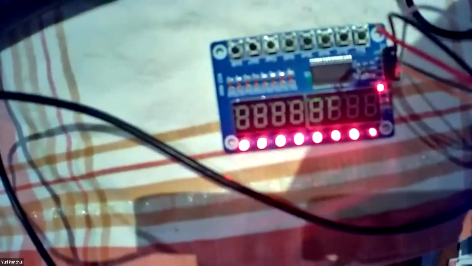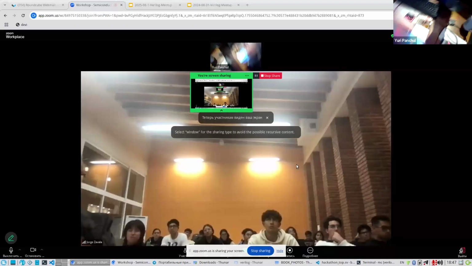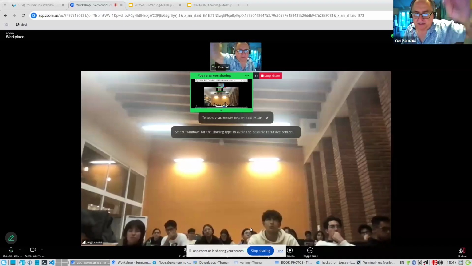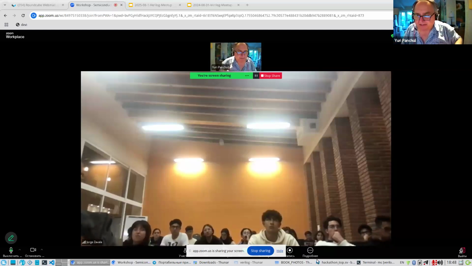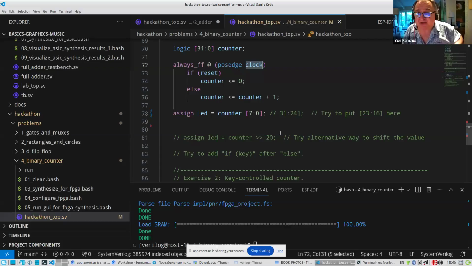Yeah, so you can see that this is all kind of blinking, and you don't really see what is going on. So if you want to see counting binary numbers without such blinking, one thing you can do is look at the high bits of this 32-bit counter.